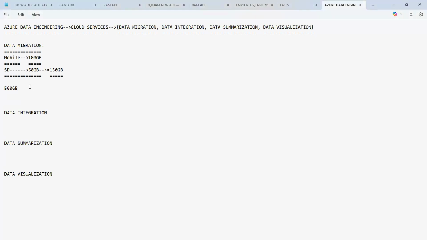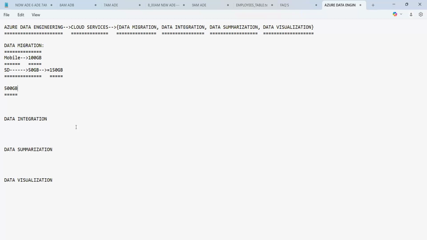Generally, we don't have any such option. Expanding means only adding an SD card, and there is no option beyond that. So the other way is that you have to buy a new handset with more storage. Only then is it possible to store the 500 GB of data. Am I right? But buying a mobile phone again with more storage capacity means you have to invest a lot of money.